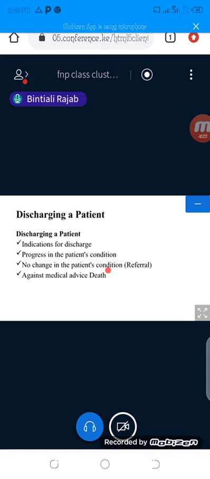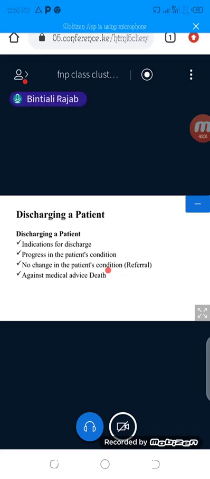Could be that the patient has improved, or the patient's problem has resolved, then you discharge to go home. You can also discharge when there is no change in the condition of the patient. In this case, you are not discharging to go home, but you discharge from this facility so that the patient can go to another specialized facility, a referral. Maybe you don't have a theater here, you don't have an ICU, you are taking the patient to Coast General because there is an ICU so that the patient can be managed there